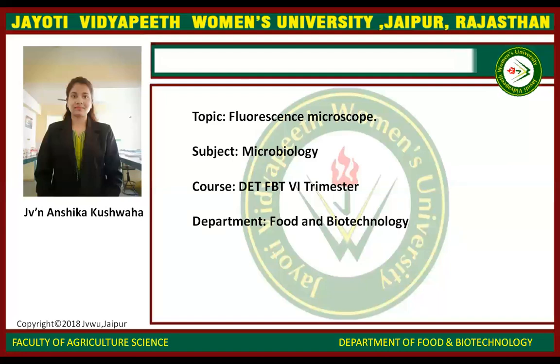So now we will discuss fluorescent microscopy principle. The specimen is illuminated with light of a specific wavelength which is absorbed by the fluorophores, causing them to emit light of longer wavelength, that is, of a different color than the absorbed light. The illumination light is separated from the much weaker emitted fluorescence through the use of a spectral emission filter.